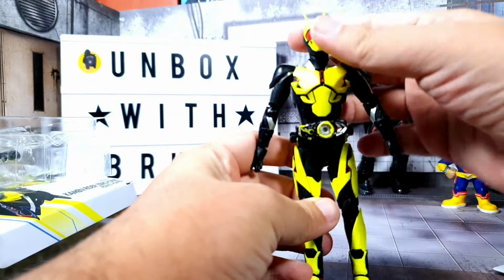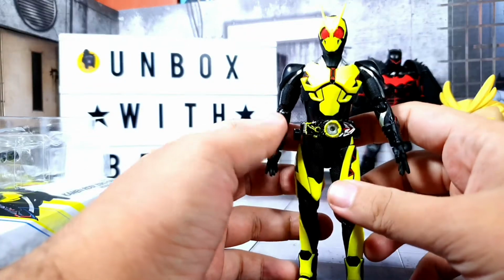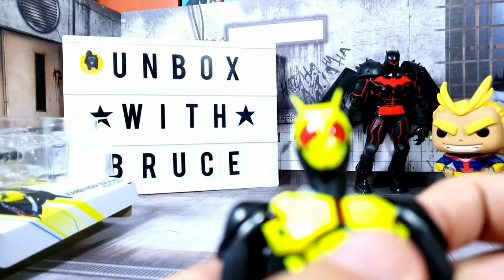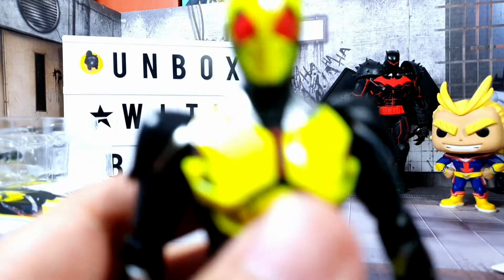So here's the figure. It's really nice. So let's look at the details. So on the shoulders we do have,